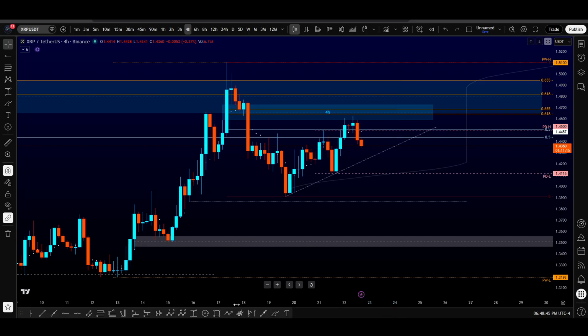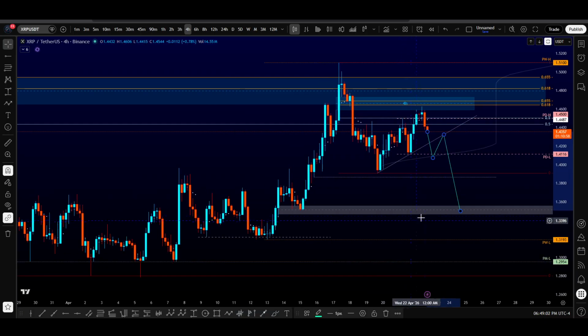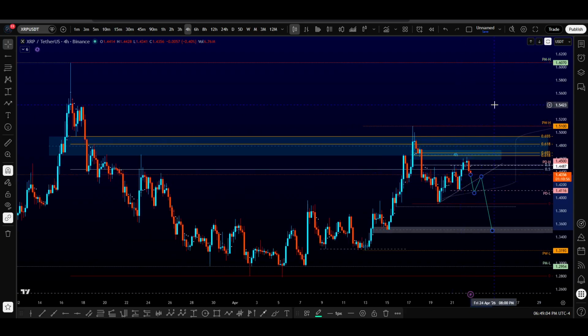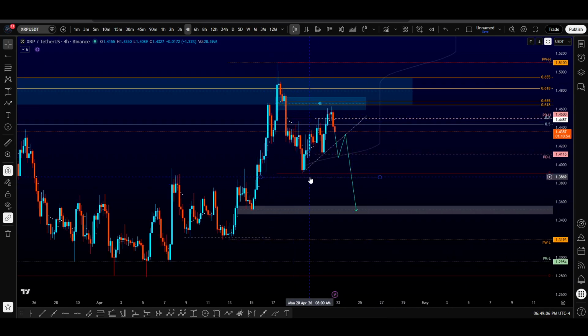But like I said, if we do break this low, first target is yesterday's low at around 141, and then the next target will be 139. Final target 135. So we try to keep things very simple, trade things level to level. And even if I just go back here